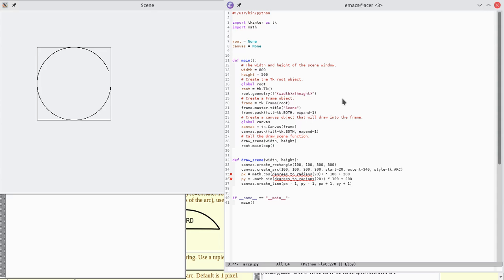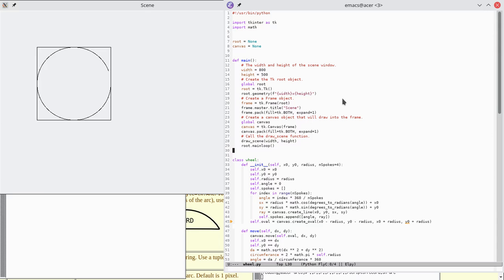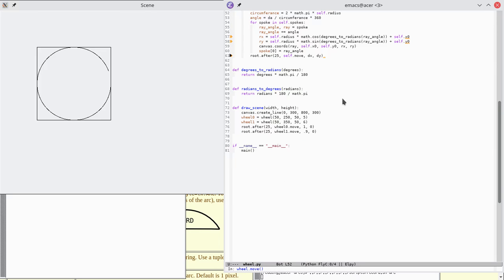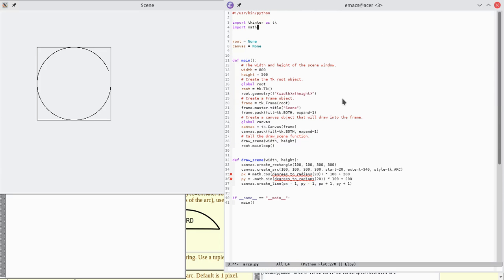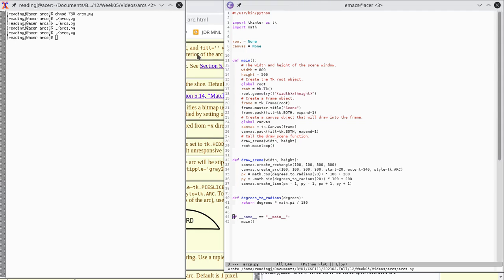And I'm just going to go steal degrees to radians from our wheel example. It's not hard to rewrite, but why rewrite it when I can steal it, right? So we do that. And that gets rid of all of our squiggles. And so if we run that, and I didn't make any hideous mistakes,